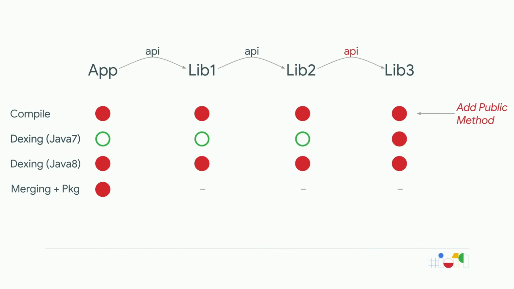Now, if you change the dependency from library 2 to library 3 using implementation, you save a little bit, right? Basically, what you're doing is you're telling the consumer of library 2 that library 3 is hidden from them. So app and library 1 do not see library 3 at all. So automatically, you don't run the Java compilation on them. However, right now, we still do predexing in the case of desugaring. That is actually a problem in our plugin that we need to fix. But once you do that, then you will also not run dexing, right? Which is important